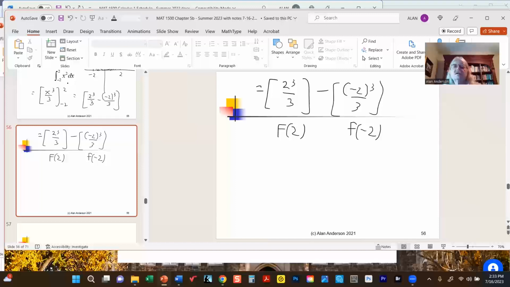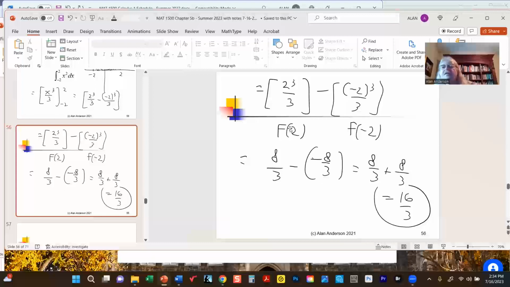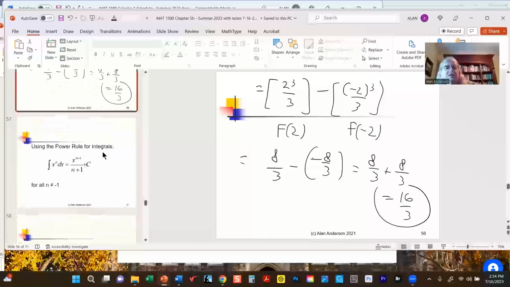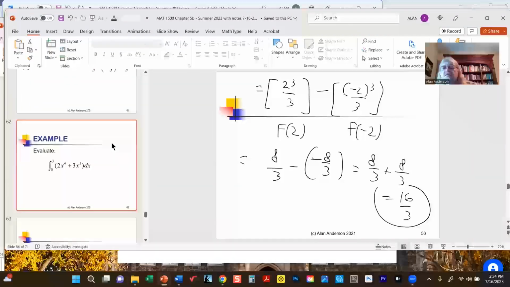So therefore we have 8/3 minus -8/3, which is 8/3 plus 8/3, which is 16/3. Now, nothing's really changed. This is what we've been doing all along. It's just that now we're thinking of it in terms of two different antiderivatives or two different integrals. But it's the fundamental theorem of calculus that